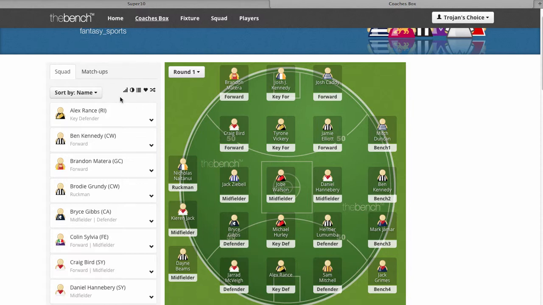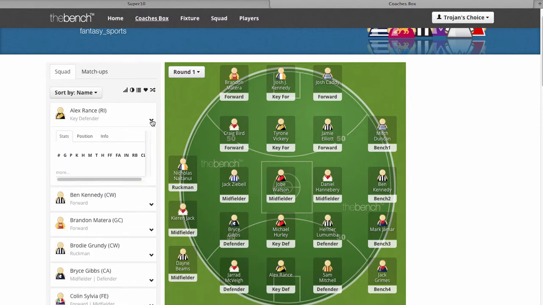Now from the coaches box, remember I showed you these cool little icons here. One of them is called Squad Performance, Squad Compare, Squad List, Injury Update, and Trades, which we don't have active in Super 10 because we don't do trades in career mode in particular. We do those manually, but certainly these other functions you can see here. Before I show you those icons though, I am going to show you very quickly some features regarding